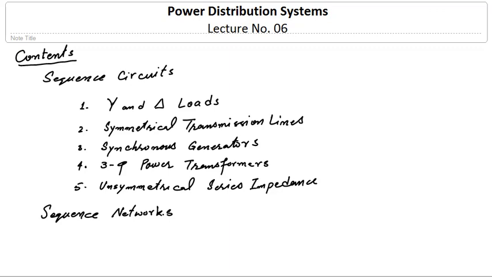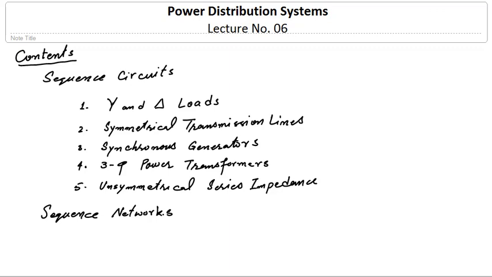In order to develop the sequence circuit of these components, we need a proper derivation, and we will convert the phasor form of these components into their sequence form. We will here derive only the expression for Y delta loads, and then use the same approach to develop the sequence equivalent circuit for the rest of the four components. We will just write the final result and draw the circuit, then I will summarize all those circuits that we have developed, and then we see how to develop sequence networks. Once we have gone through all this discussion, then we will be able to discuss the unsymmetrical fault, which will be the topic of the next lecture.